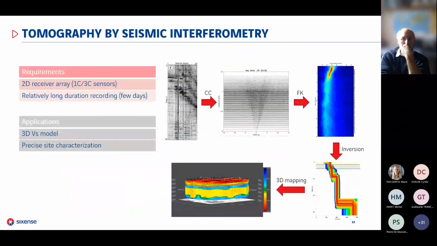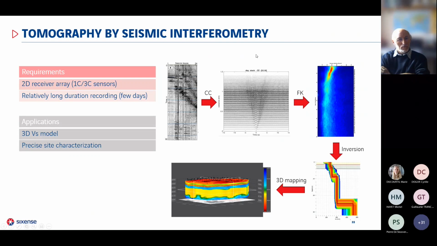Now, the last method that I'll present today, and which will be our focus, is the 3D tomography by seismic interferometry. The use of ambient noise and the technique of interferometry exists since, let's say, around the 70s. But it's only around 2004, 2005 that seismic interferometry was applied to ambient seismic noise, and it was a major progress in seismology. So the theory is not new, but it's recently applied in seismology and very, very recently applied in applied geophysics.